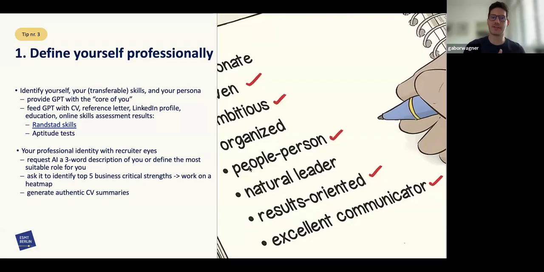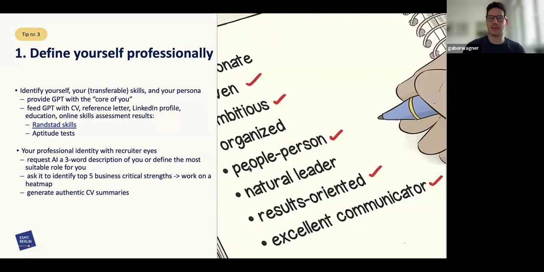So with that, you can upload your CV, obviously, but sometimes master's students don't really have too much experience. They don't necessarily have a reference letter, but we also help them put together a nice LinkedIn profile where you can sort out your skills, and the AI will work with that. Or you can upload your educational documents. It can be a transcript, or it can be research papers you contributed to.